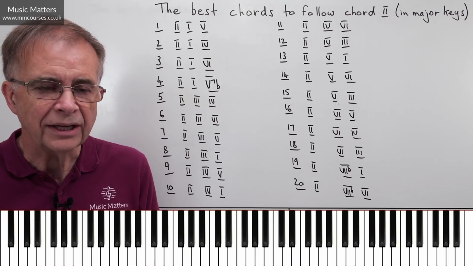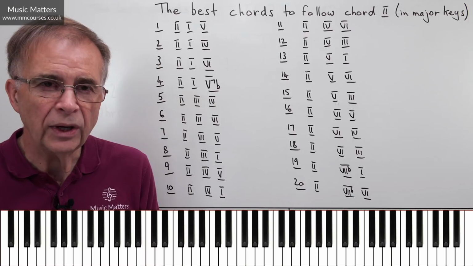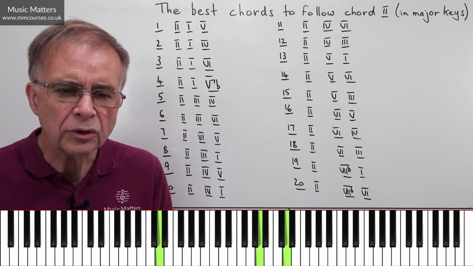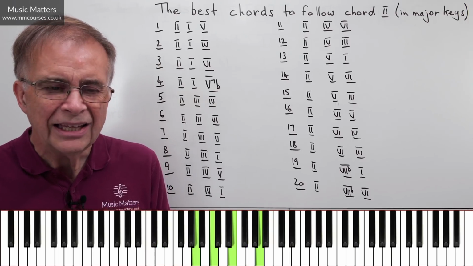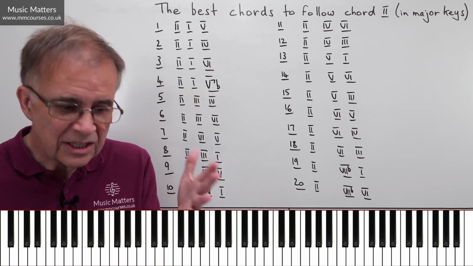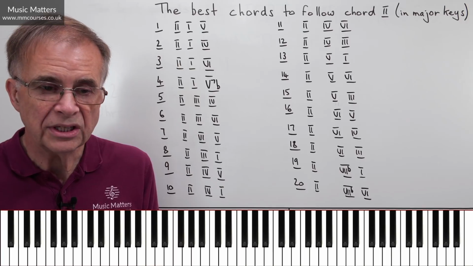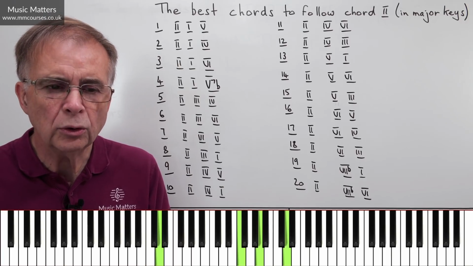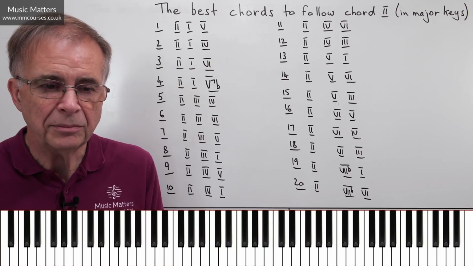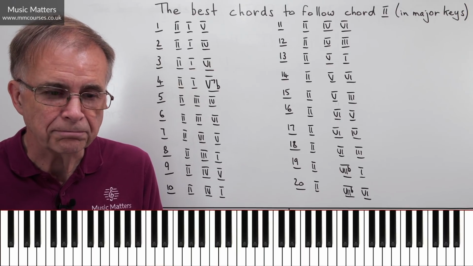And talking of modal flavours, option number 6 is starting in the same way. It's going 2 to 3, but then it's going to 6. So 2 to 3 to 6. It's got an almost Aeolian mode feel to it, but this is sitting in the context of C major because these are all 3 chords in C major. So I'm going minor chord, minor chord, minor chord, but I'm still in C major. So I think 2 to 3 to 6 is a very effective progression.